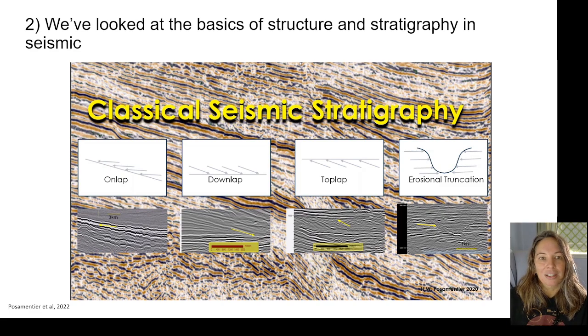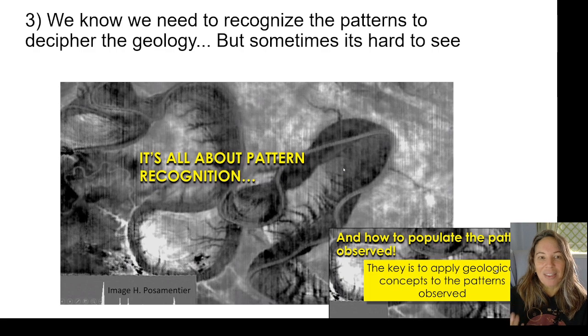We talked about classical seismic stratigraphy, looking at it in one dimension, like the 2D vertical section with the onlap and the downlap and toplap. And we talked about all of those techniques in seismic stratigraphy. And then we talked about